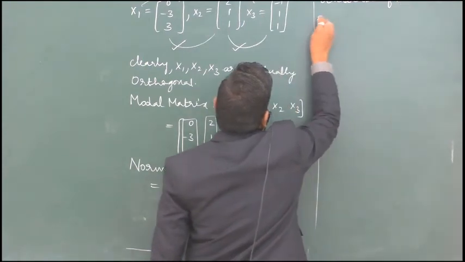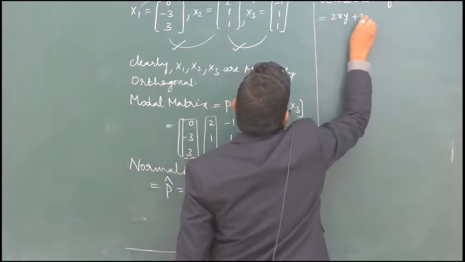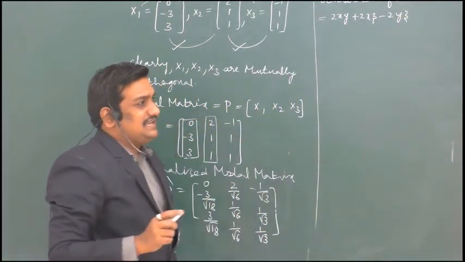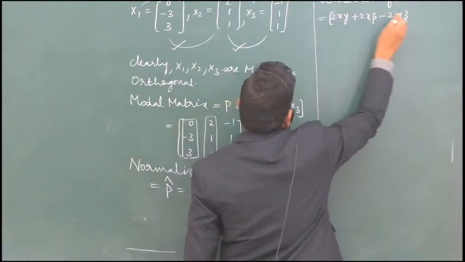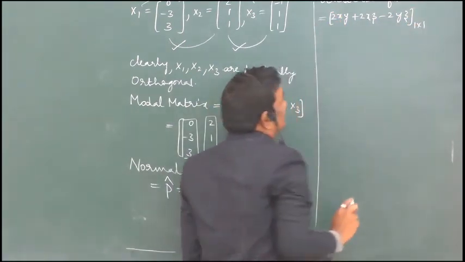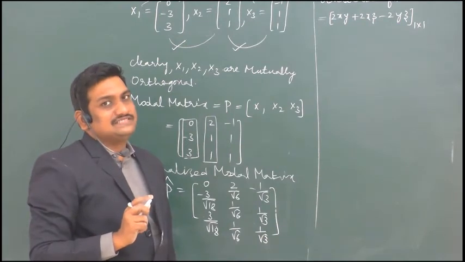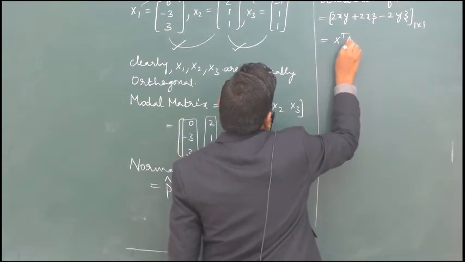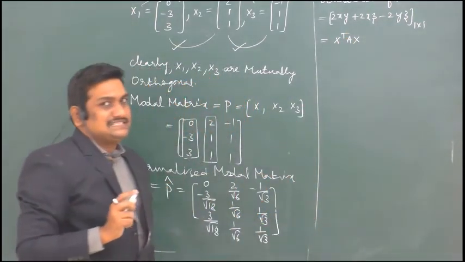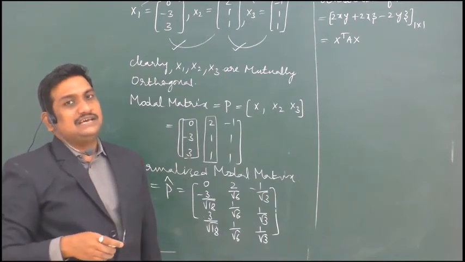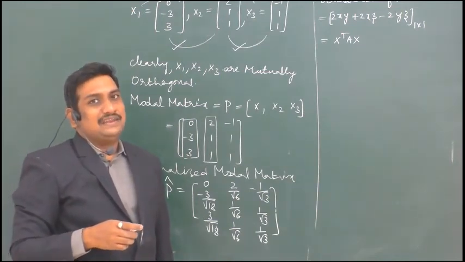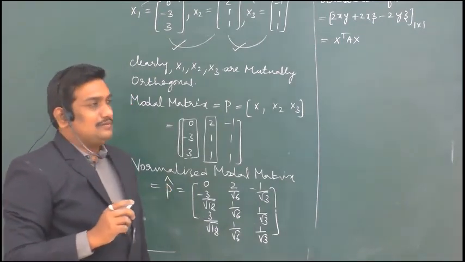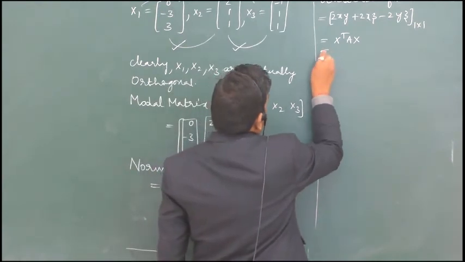The quadratic form is 2xy plus 2xz minus 2yz. We have seen it can be assumed as a 1 by 1 square matrix, and it can be denoted in matrix notation as X transpose AX, where X is a column matrix having the variables X, Y, Z, A is the matrix of the quadratic form, which we have already seen. Now you substitute